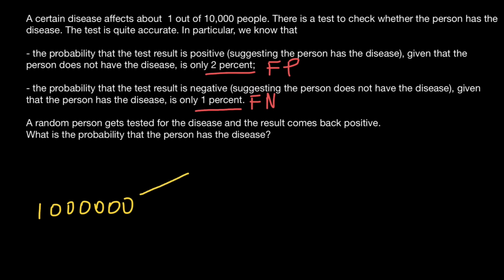So 1 out of 10,000 is going to have this disease, and that means 10 people out of 100,000 and 100 people out of 1 million. So we are going to have 100 people in this population that are going to have this disease, if the occurrence of this disease is 1 per 10,000 people. And if 100 people out of a million have the disease, that means that the rest don't have the disease. And this is going to be